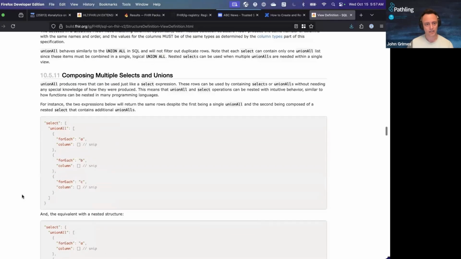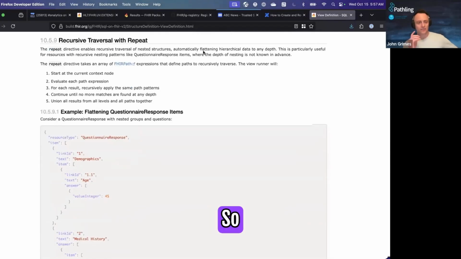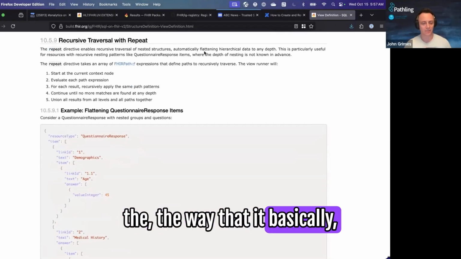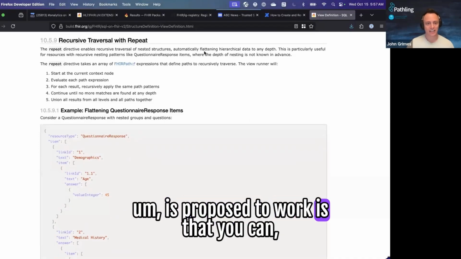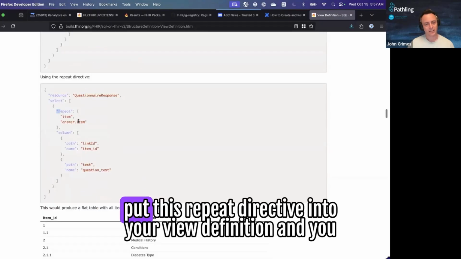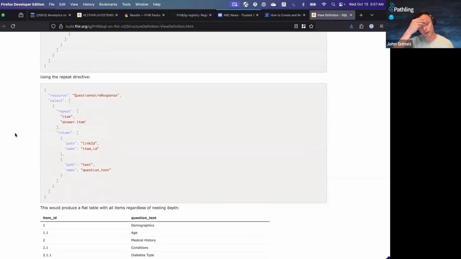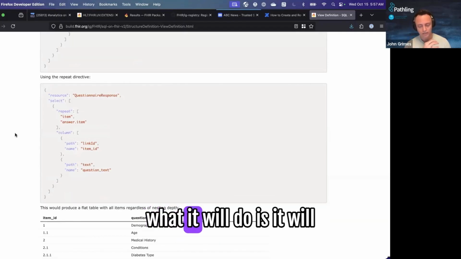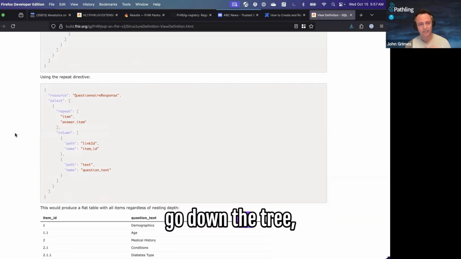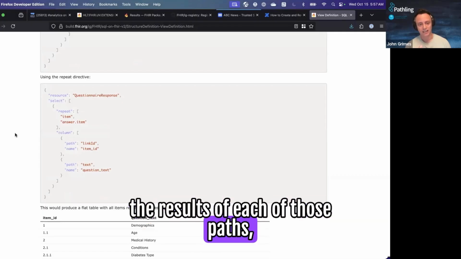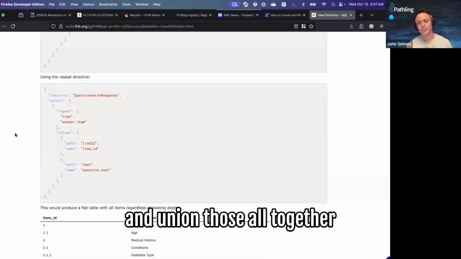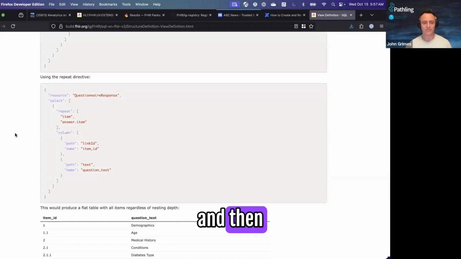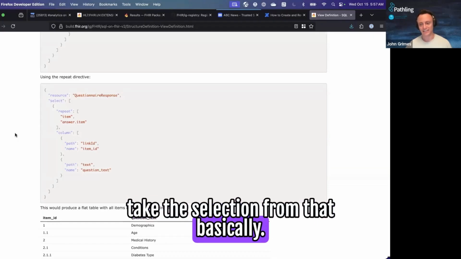Okay, the way that it is proposed to work is that you can put this repeat directive into your view definition, and you can have one or more paths in it. What it will do is go down the tree, collecting the results of each of those paths and union those all together, and then take the selection from that.